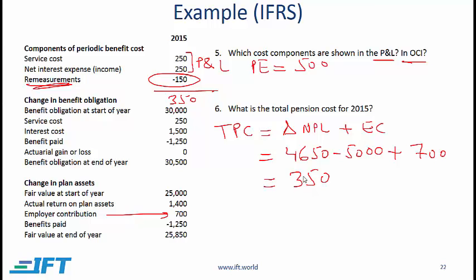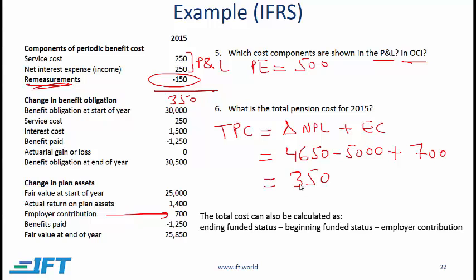So this is the total pension cost for the period. As I discussed earlier, you can use another method also. If we say that assets are positive, liabilities are negative, income positive, expenses negative, then the ending funded status is actually a negative number. So since we have a net pension liability, and if we are saying liabilities are negative, then we can say minus